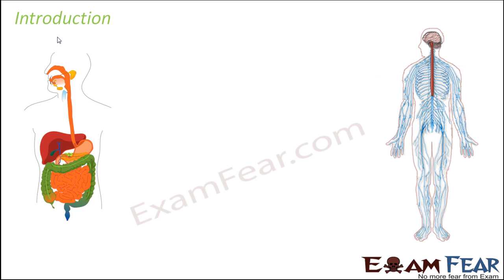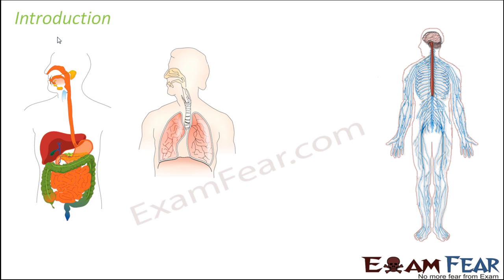Now, in order to utilize this simple food, you need oxygen so that you can oxidize this food to release energy, because energy is what you want, and energy is produced in the form of ATP molecules, which are the energy currencies of the cell. Now, how do you produce ATP? With the help of oxygen. So how will you get oxygen? By the process of respiration. So when respiration takes place, you take in oxygen, and then that oxygen reaches each and every cell of the body. And then the cell can undergo cellular respiration to produce energy.